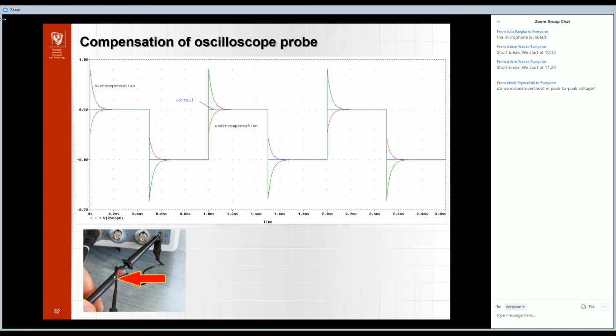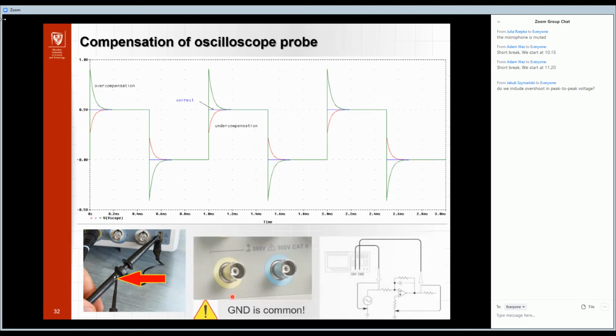We use such a tool to move this screw and obtain the correct compensation. So in practice, it is simpler than in theory. Okay, and